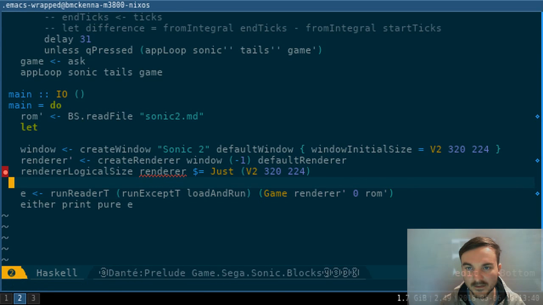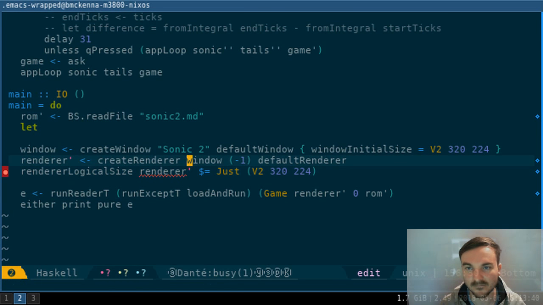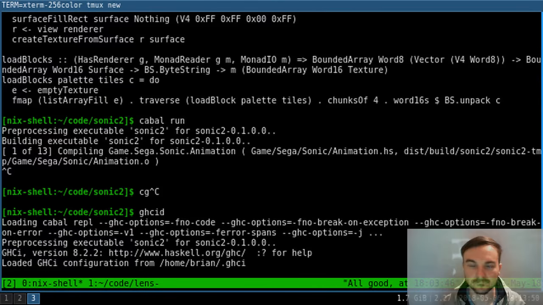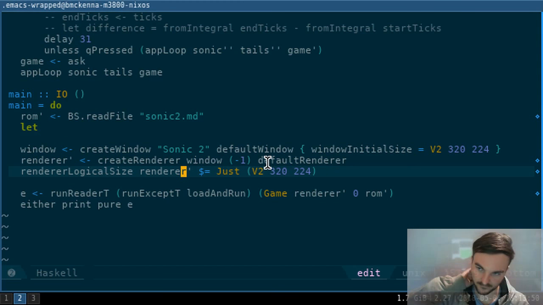I'm just doing that to get rid of the warnings, because I've got something called renderer, so it's just giving me a warning about it. Really, I should be compiling this with all warnings enabled, but